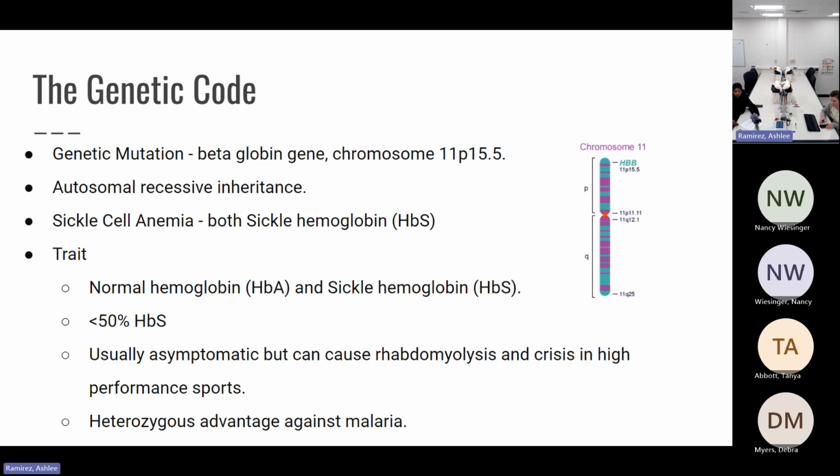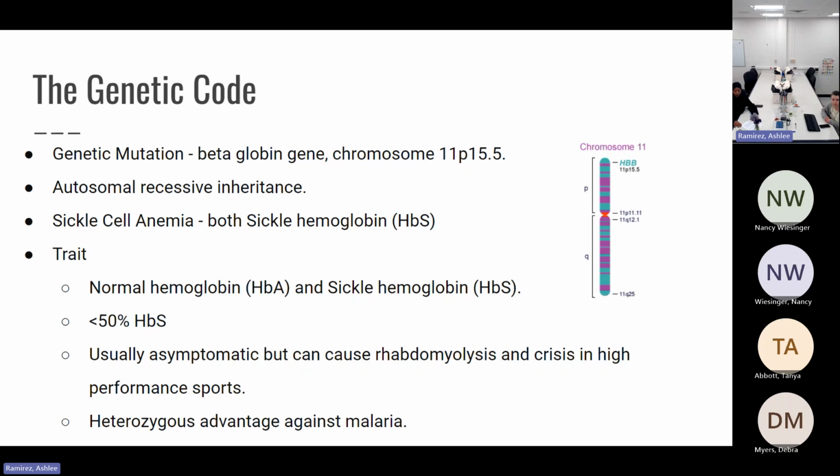In this case, 2 abnormal genes will both code for an abnormal hemoglobin S. And those who inherit just 1 copy of the mutated gene and the other copy of the normal gene are considered carriers, and they bear the sickle cell trait. The genes code for both the normal and the abnormal hemoglobin, and the abnormal hemoglobin, the hemoglobin S, is usually less than 50%. They're usually asymptomatic, and they probably don't experience the whole spectrum of symptoms, except in some